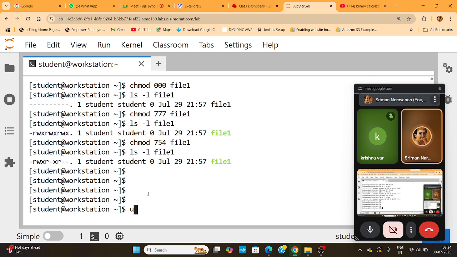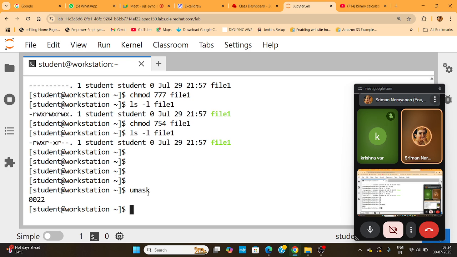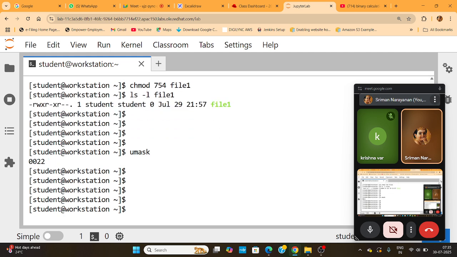If you want to know the UMask for the student user's home directory, it is 002. Don't consider the first value. We can change the UMask value if you want. So, first,